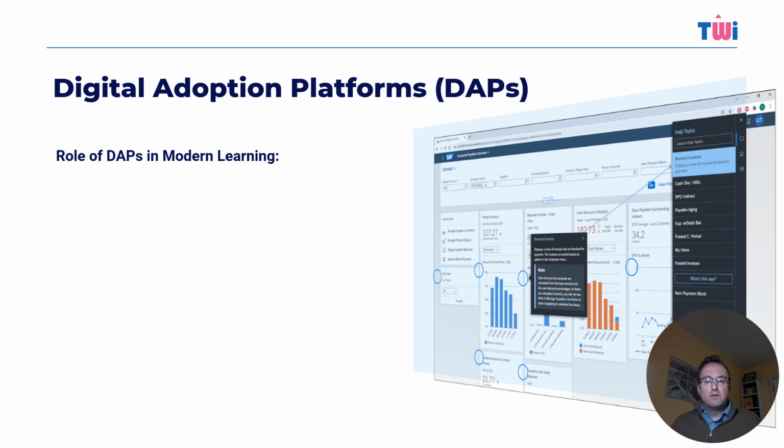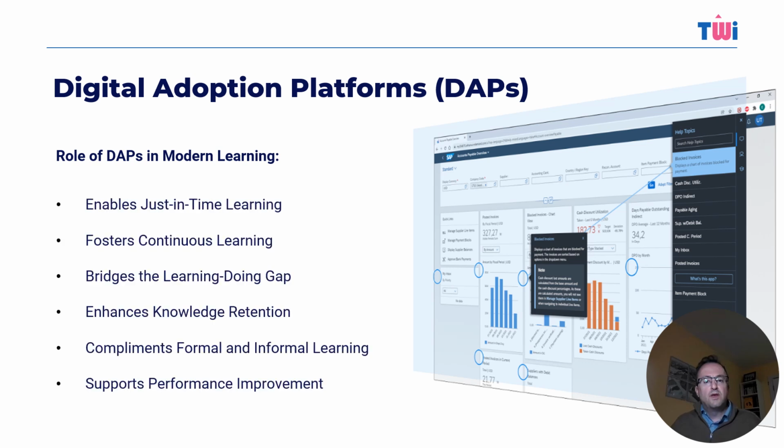So before we look at modern DAPs, I want to first consider what role they might have in modern learning approach. Well, they provide learners with the right information, guidance and resources at the precise moment they need it, eliminating the need for them to interrupt their workflow and search elsewhere. They provide up-to-date information, instructions and best practices which can be easily accessed, thus empowering the learners to develop their skills and knowledge continuously. Traditional learning methods often create, unintentionally, a gap between the learned content and its application in real-world scenarios, but DAPs bridge that gap by providing that learning at the moment of application.